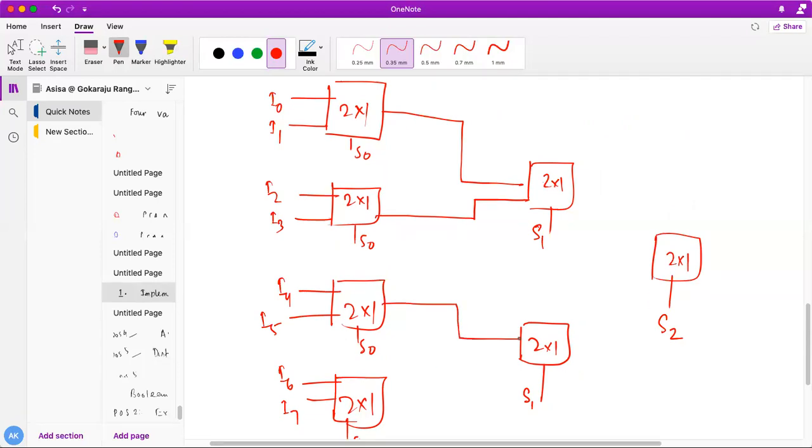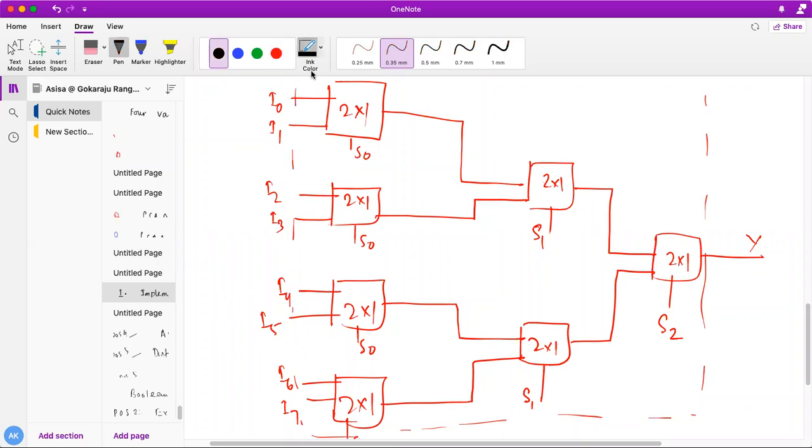This output is connected to this mux, this output is connected to this mux. Finally, this output is connected to one input of this mux, and this output is connected to the other. Finally, my output is Y. If it is an 8x1 mux, this will be there completely. This many 2x1 muxes are there inside the multiplexer.